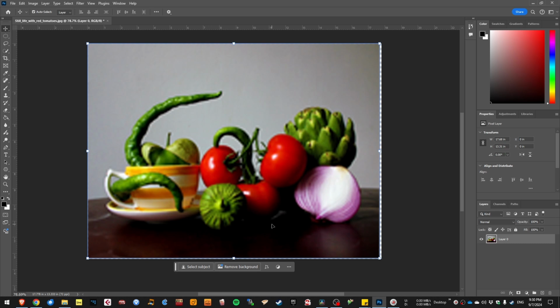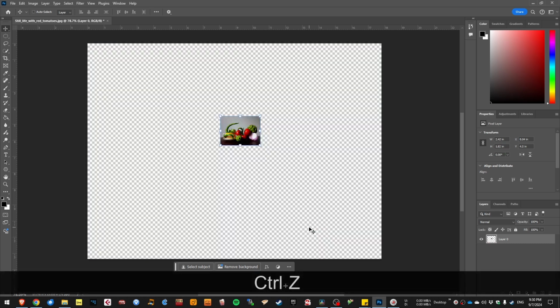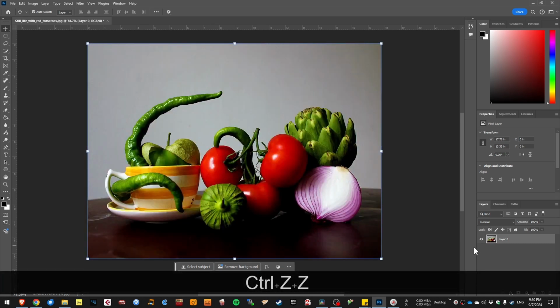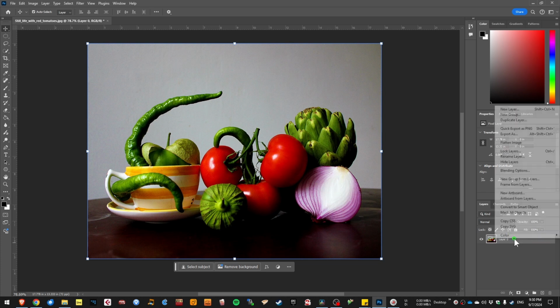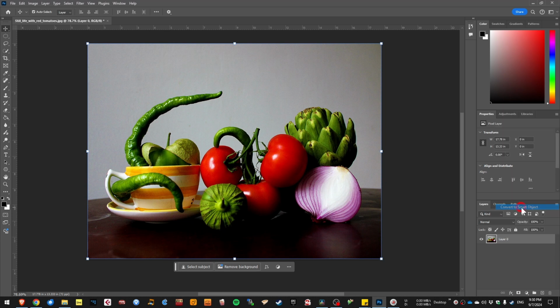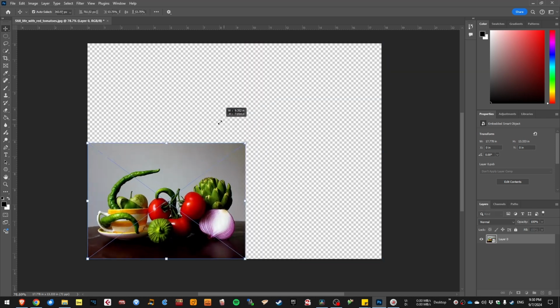Okay, so to prevent this, let's press Ctrl Z, go back. You have to convert this layer into a smart object. Okay, so right click, convert to a smart object. Okay, and you're gonna get this icon down here, and that's how you know that this layer is a smart object. Okay, so I'm gonna shrink it down again,